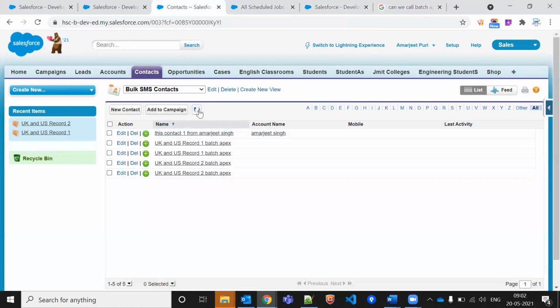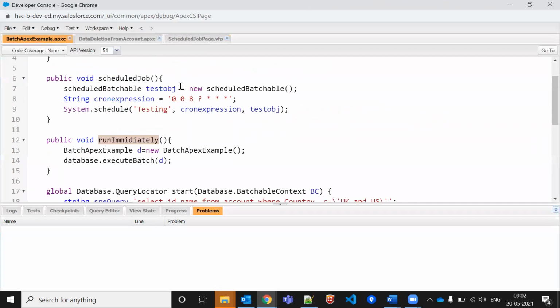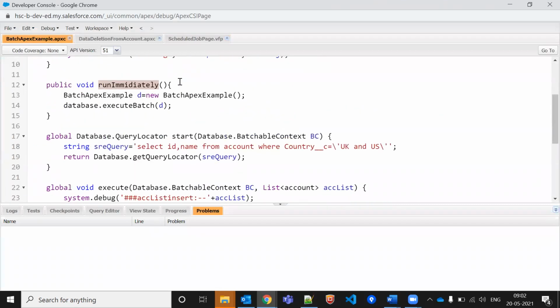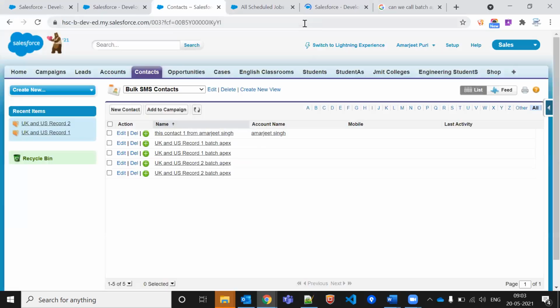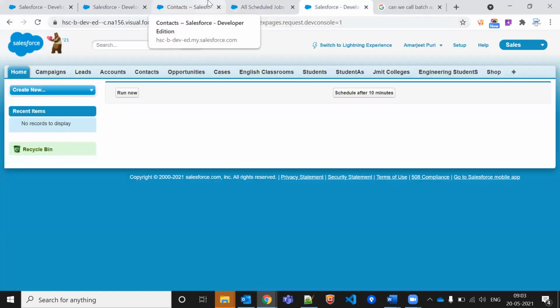It is not increasing. You know why? Because the records are automatically deleted from the database, so there is no data. If I remove this condition from there, I'll definitely get some records increased. Now it is refreshed automatically.